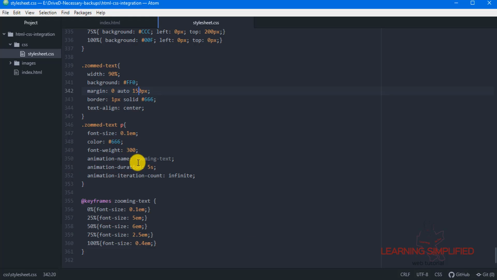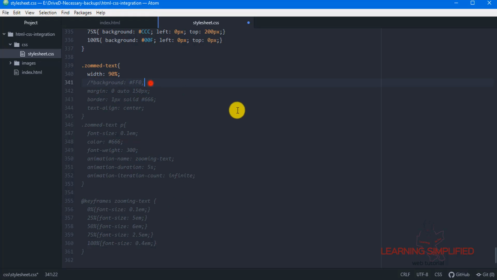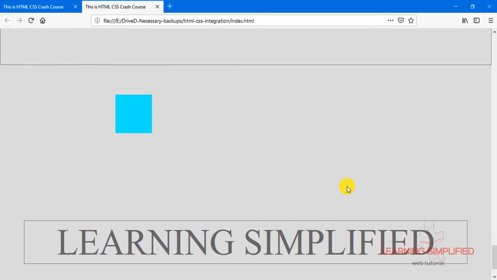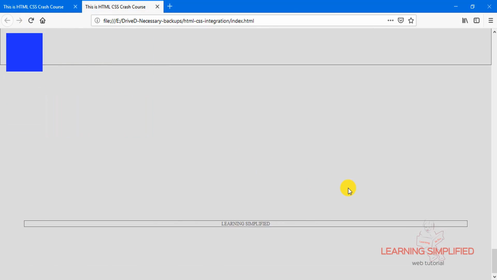There it goes. Now we do not have a need of this particular background property, so we are commenting it off right over here, reload, and we can see that this will be the result.